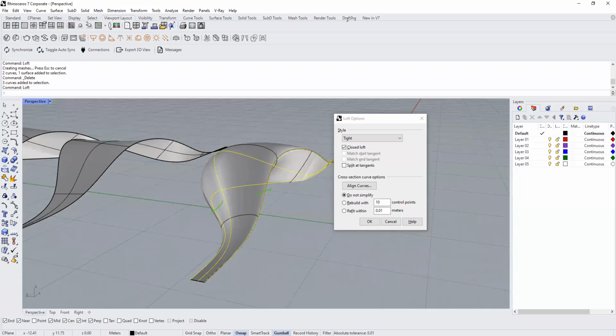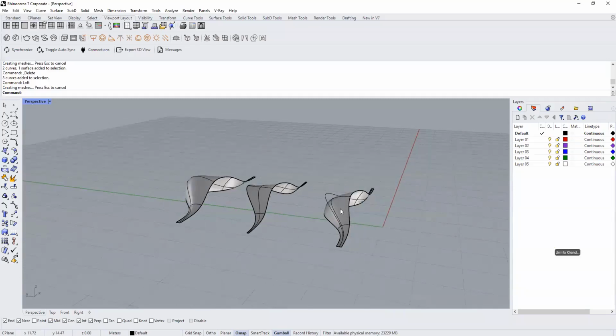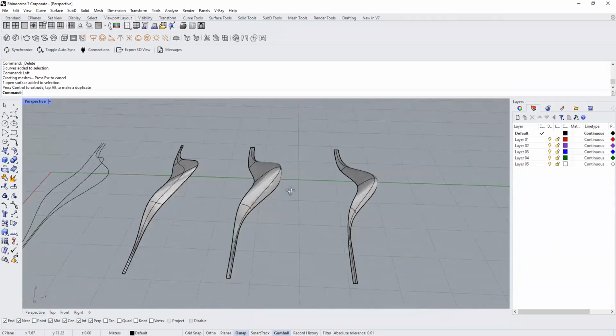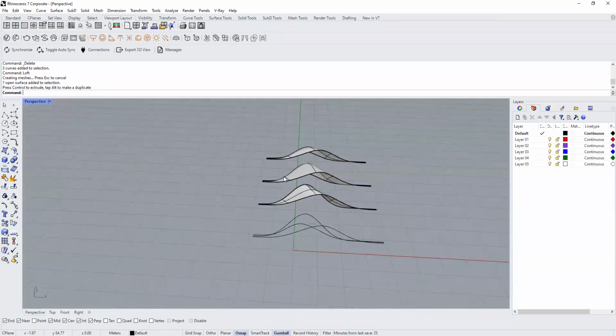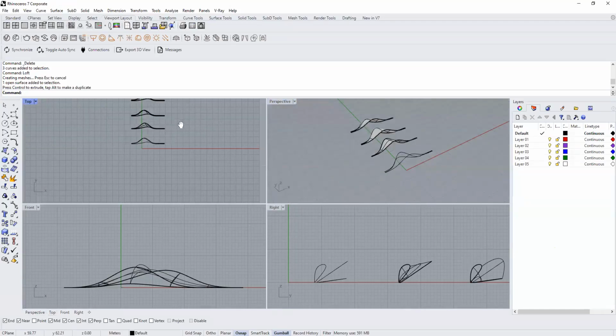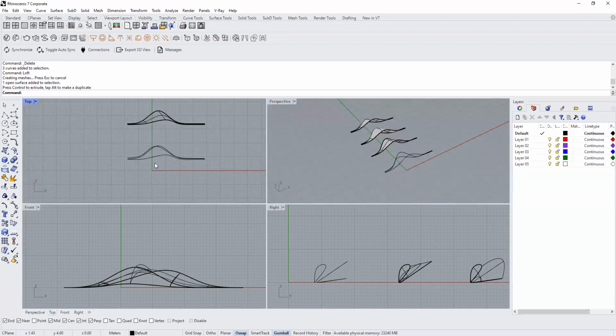So this way you can play around with styles and some options in loft. Whichever works best, hit OK, you get the result. And this way you can have a few iterations throughout and check what works the most interesting for you. Now, apart from loft, the main thing I wanted to show you guys here was how to come up with 3D curves,